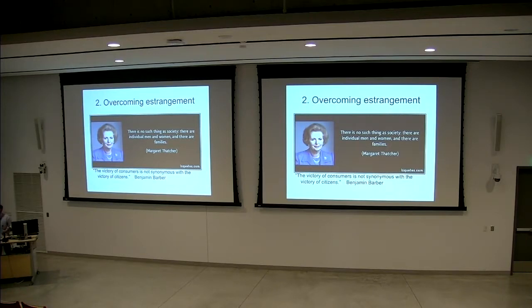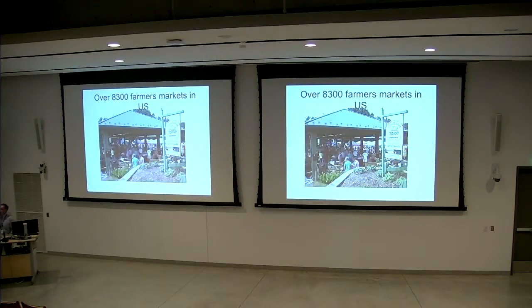That's it. And that helped to hasten a process that we're deeply in right now, which is this tension between our individual rights and liberties on the one hand and our obligations to our community and our neighbors. We've come down very heavily, most of us, on the side of individualism. So how do we overcome that estrangement from one another and from the biosphere? Well, farmers markets certainly are one way we're doing that. Besides being places to sell stuff, they've become places of civic engagement, which is great.